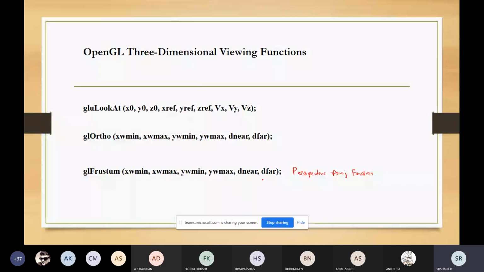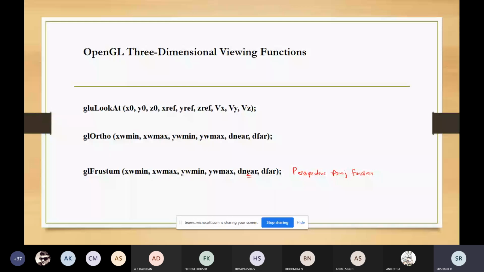Here also all the parameters are double precision floating point values. Here d near, the near plane is the view plane, and the reference point is at the viewing position, which is the origin.